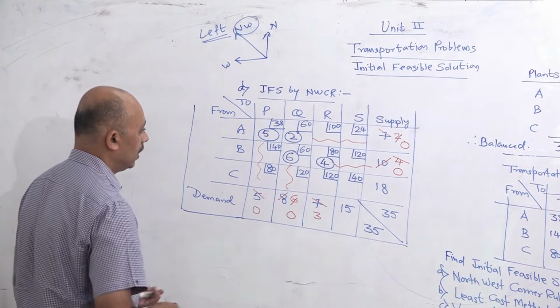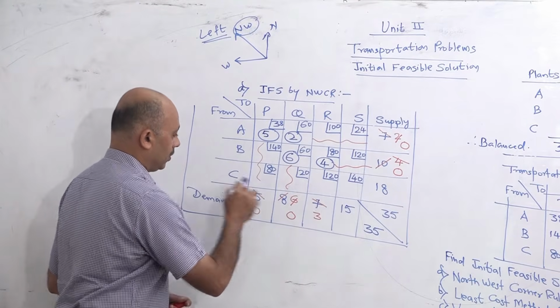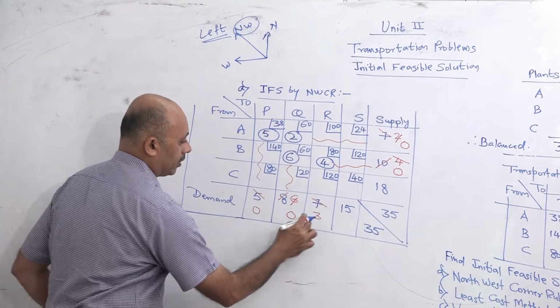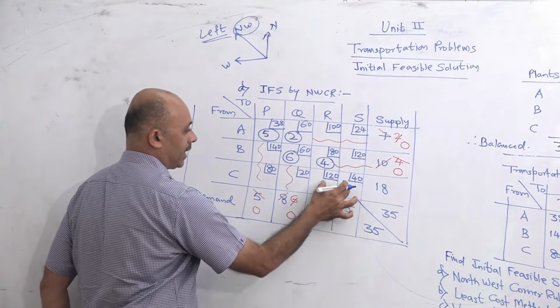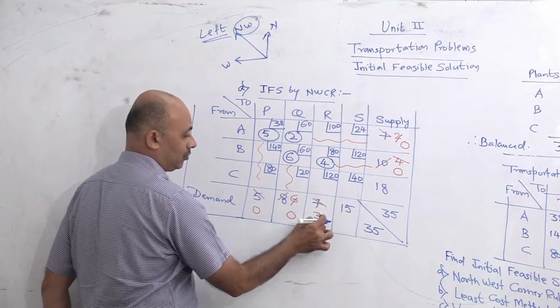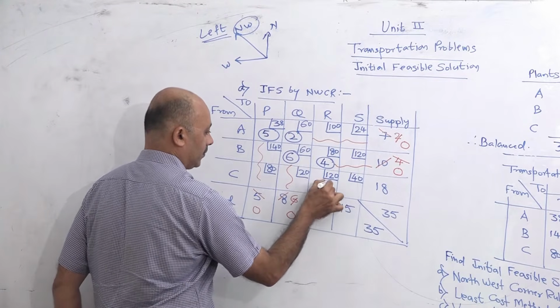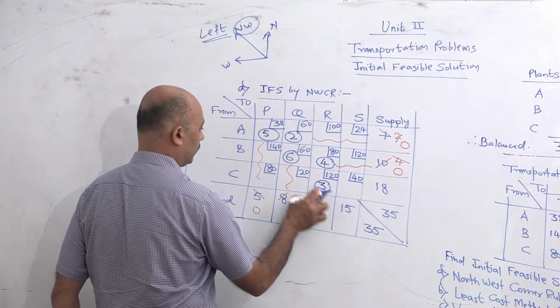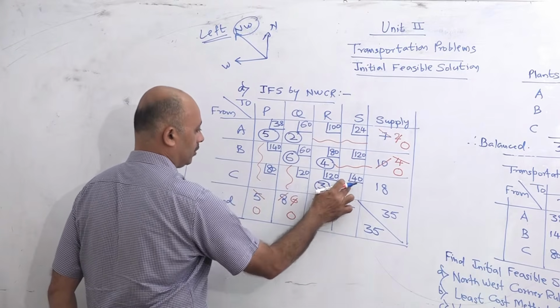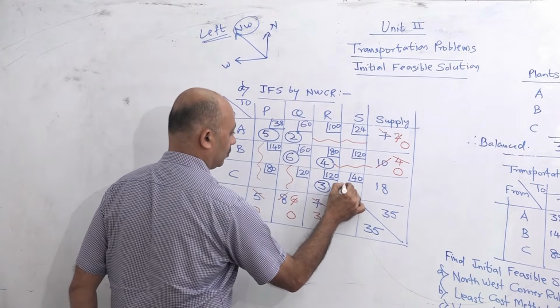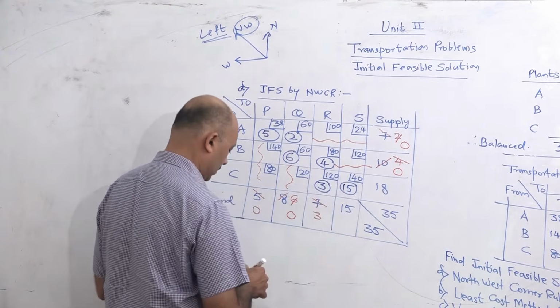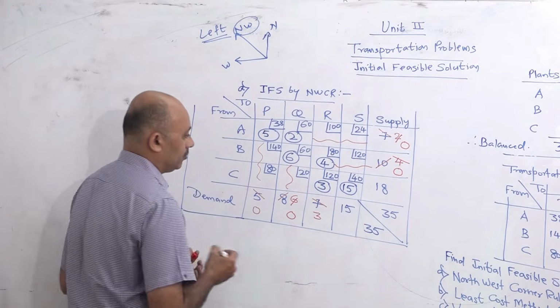Okay. Now A is over, B is over, only C is remaining. So whatever quantity is remaining here, that will go directly in C only. So these 3 units will come in CR, and these 15 units here will come in CS. So 3 will come here, 15 will come here, and now if you check this 3